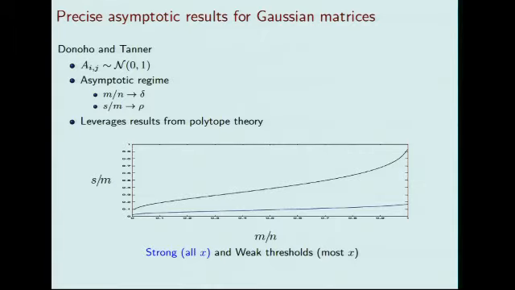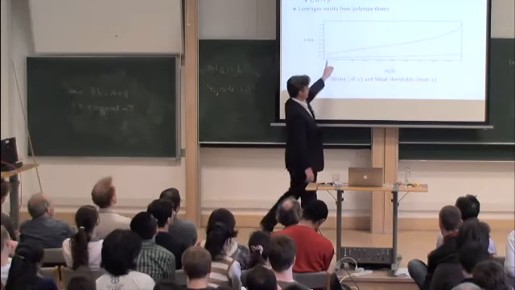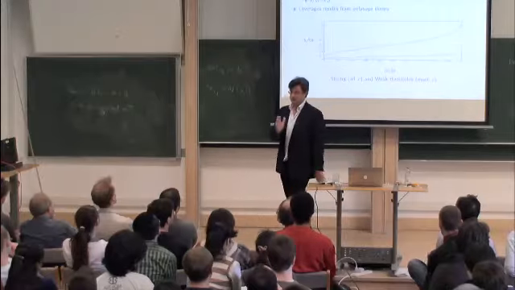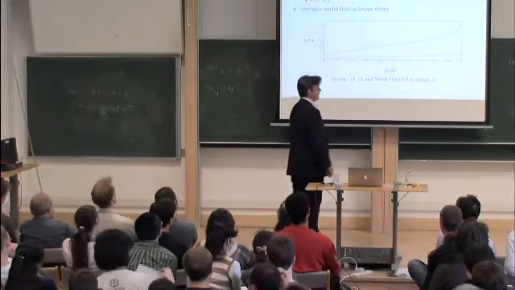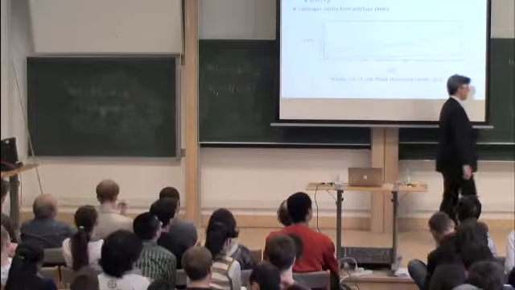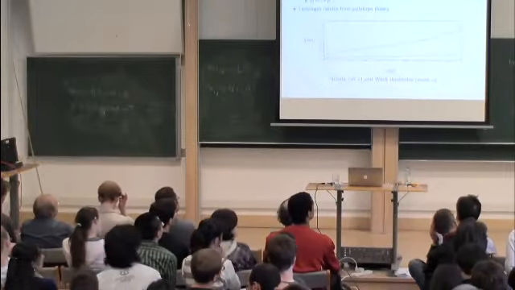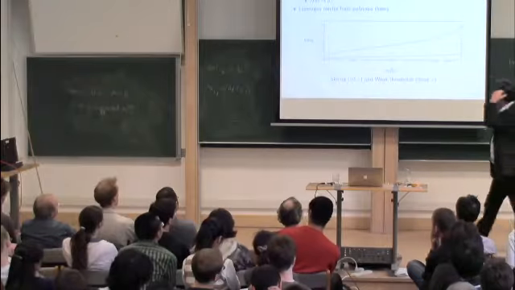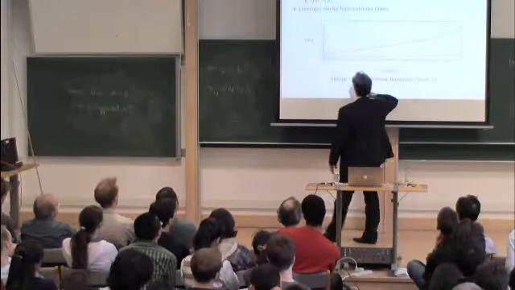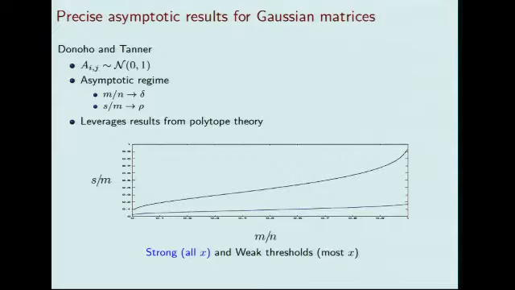So in the case of Gaussian measurements, we kind of know the asymptotic expression of these curves. So we know exactly, in the case of Gaussian data, where this transition occurs. Once you are in an asymptotic regime where the number of measurements grows linearly with dimension, and when sparsity grows linearly with the number of measurements, we know roughly where this transition occurs, right? And so if you read this graph, it says that if you make half of the measurements, then you can have a sparsity which is something like around here, which is, I don't know, 0.7 times m.